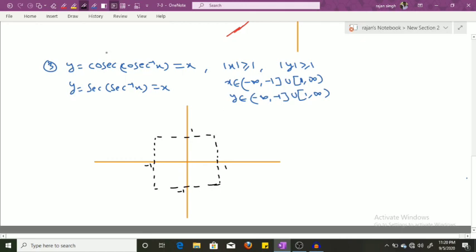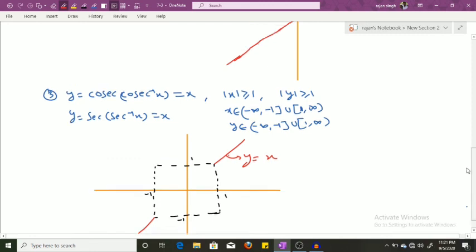There is no graph inside this rectangle. So the y equal to x graph we have to draw outside this. Inside this square we don't have to draw, only the outside part. That's all. This is the y equal to x graph outside -1 to 1. It's a very basic graph. There is nothing more to show. So all these things we saw.